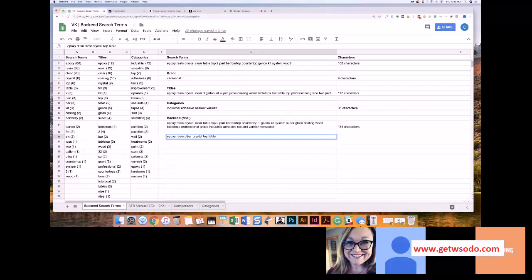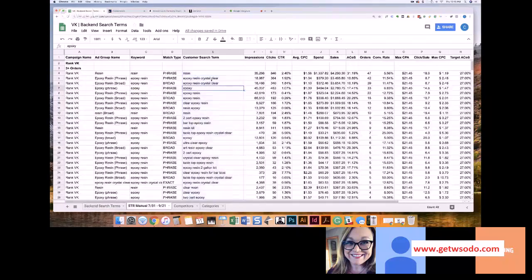Tabletop, and then 2-part, and then bar, and then kit. Okay, that's an okay way to do it, but it's not the best way to do it, right? You could type it all in there and you get a list. Like we have the order right here. The search terms, so when I just type them up in the order of the word frequency, they just show up like this. But the best way to do this is to go back to your search terms and really